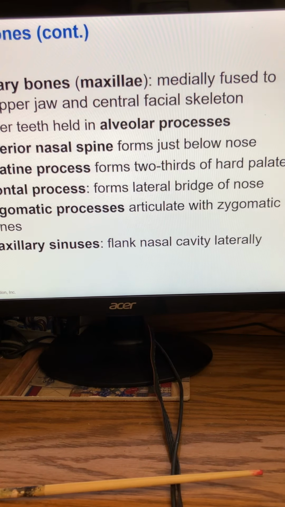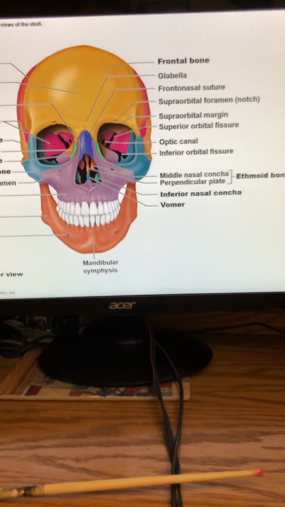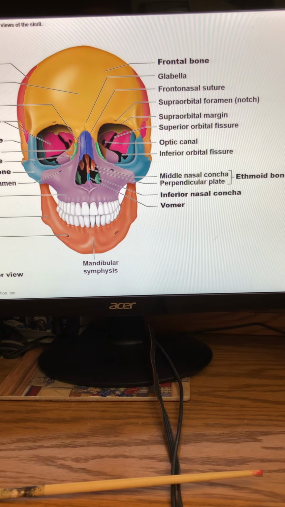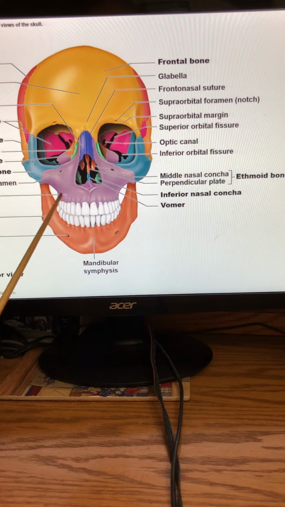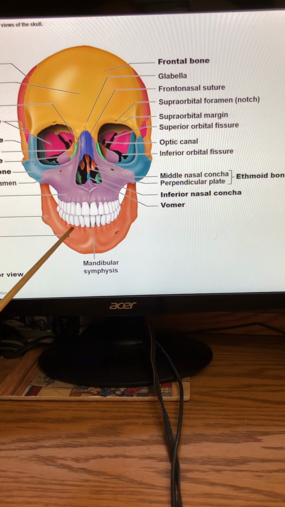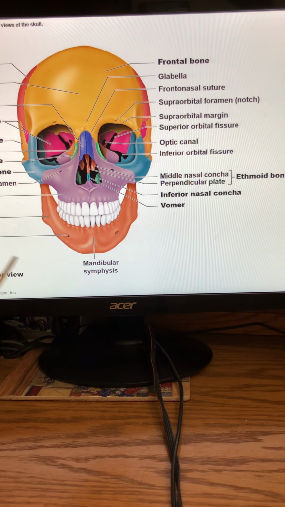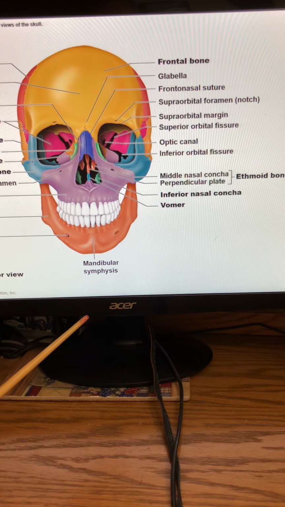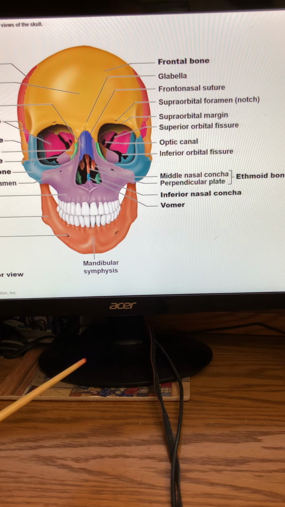The maxillary bone, or the maxilla, is this purple bone right here in the center. It's going to have the same features of the teeth that you had in the mandible, but they are going to just be for the maxillary thing. So the alveolar margins,